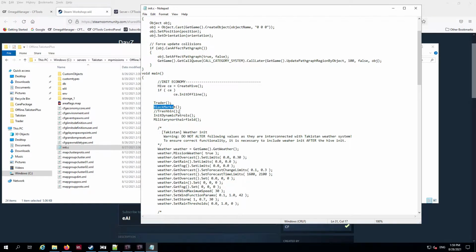This is my trader, black market. This is some other custom objects that I've got spawning on the map. But you can see I've got the init dynamic patrols there. And you paste that there. And again,